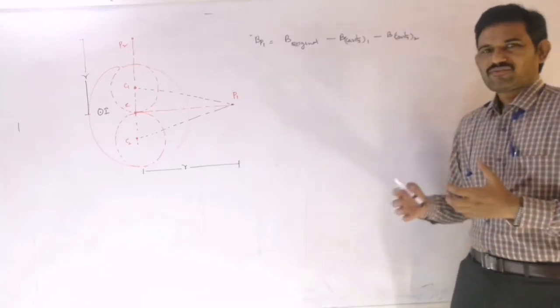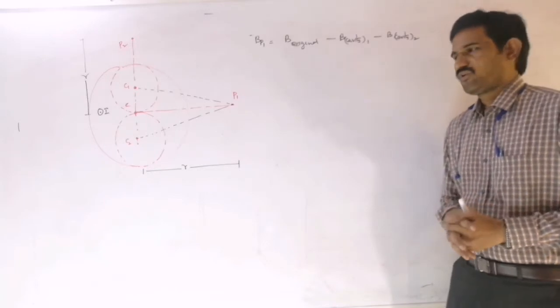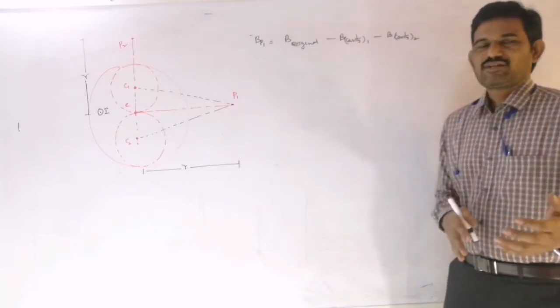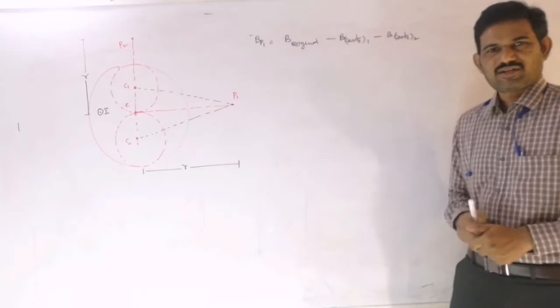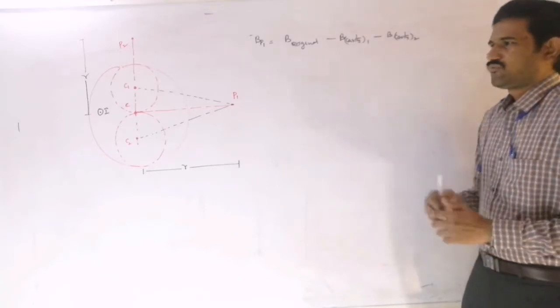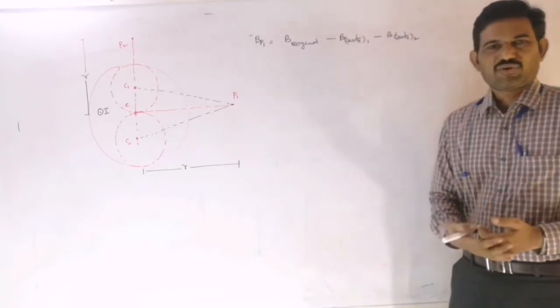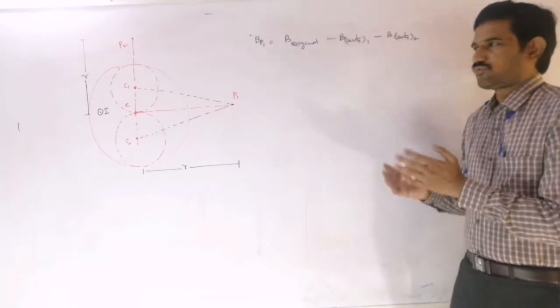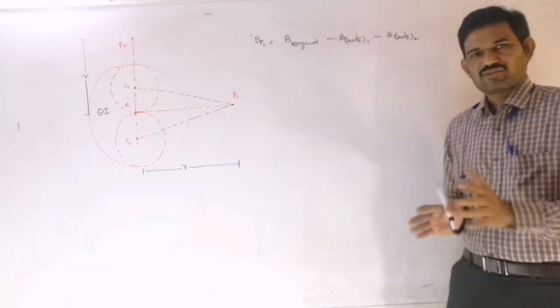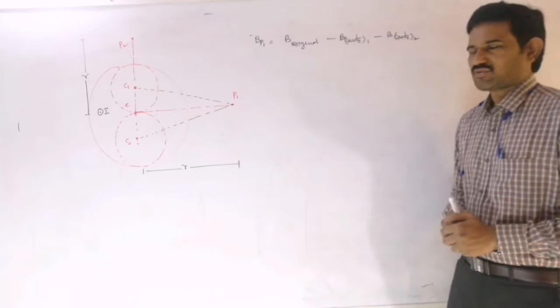So that means either of those approaches we can follow. As we discussed that method in the previous class, now I am taking this method and I am going to explain it here. If you find that method easy, you can follow that procedure, and if you find this procedure easy, you can follow this procedure. Finally both the results are the same.